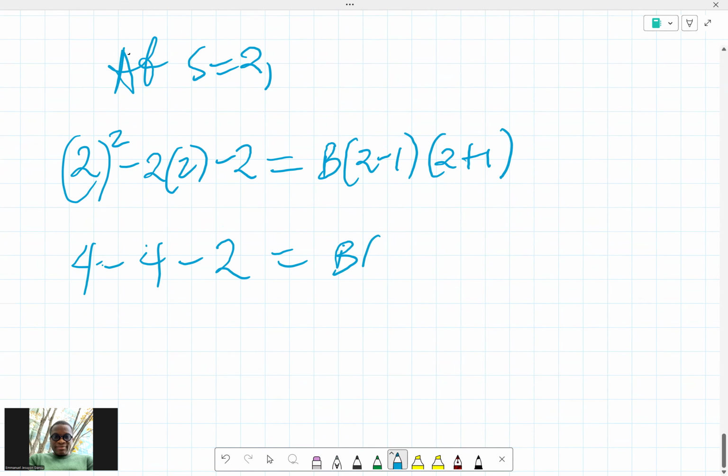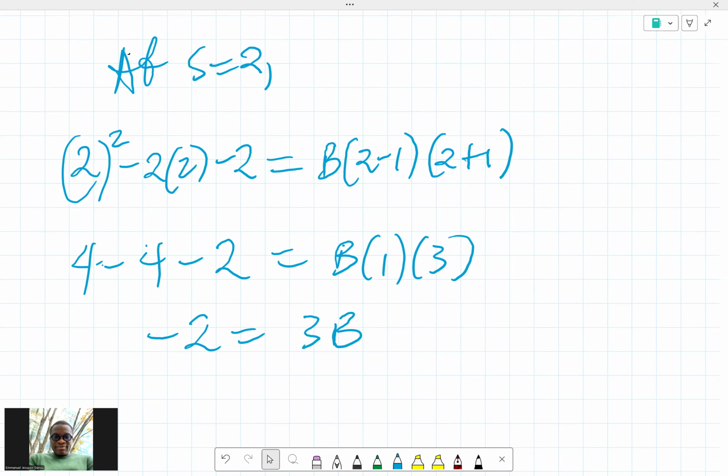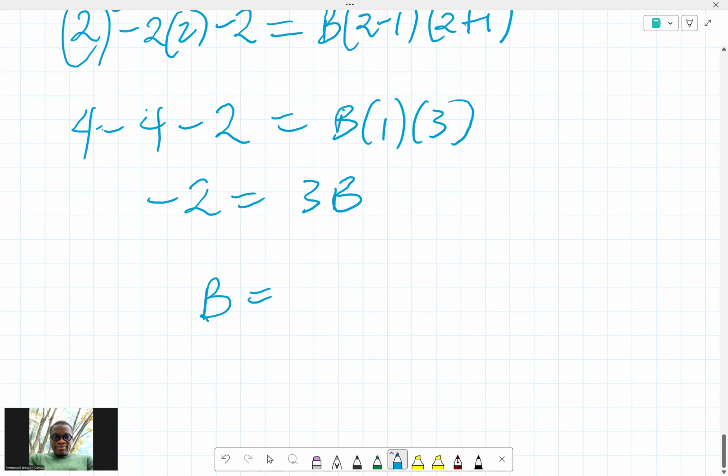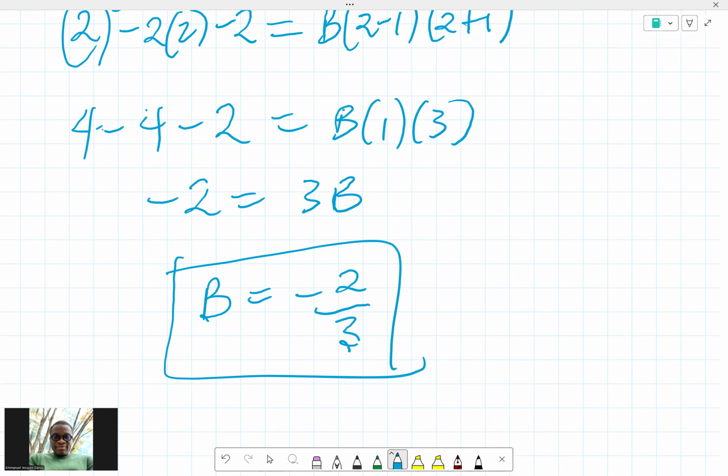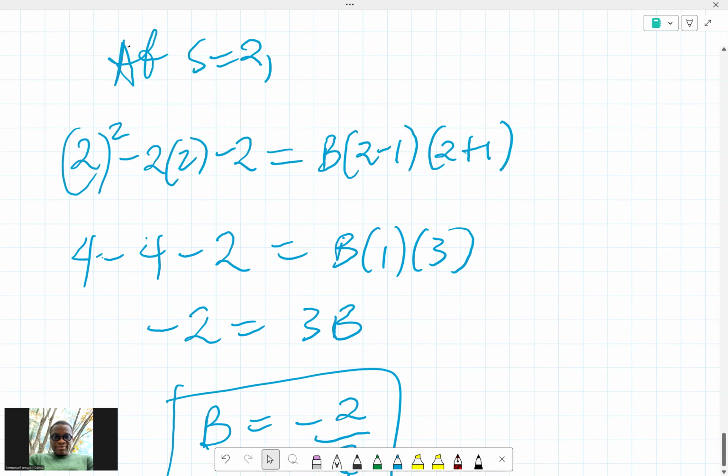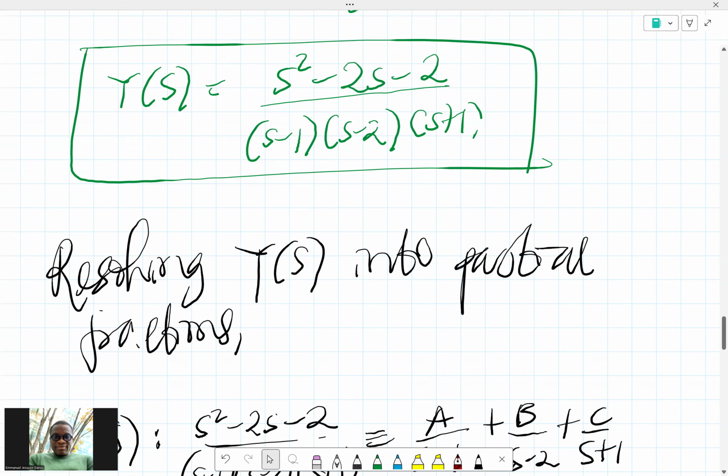And that is b into 1 into 3. So that is minus 2 equals 3b. So that means that b will be minus 2 over 3. So we have our results. In this case, now we can then rewrite. We can then say,